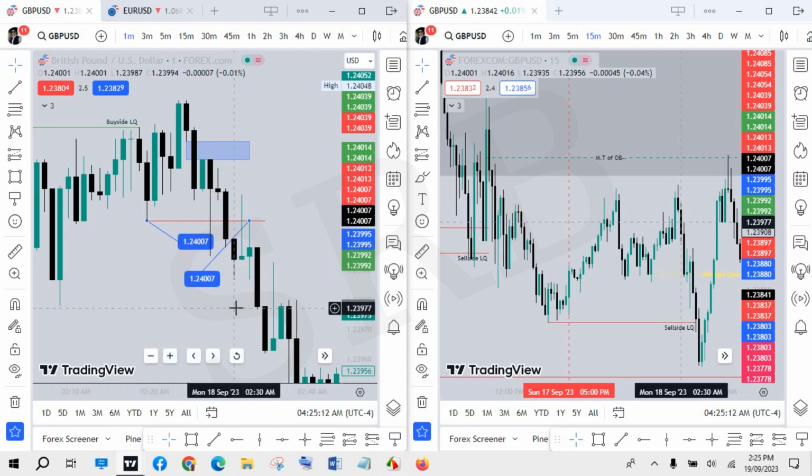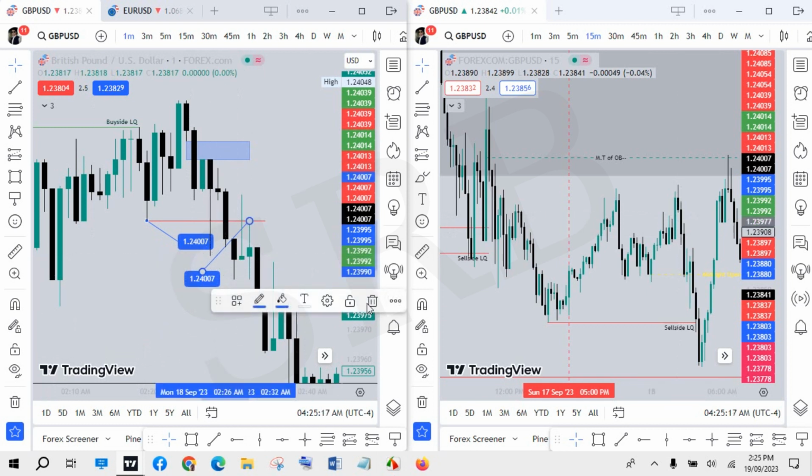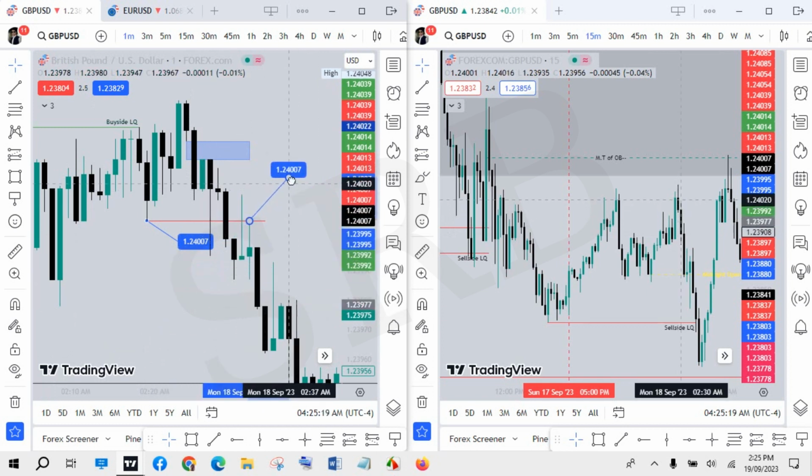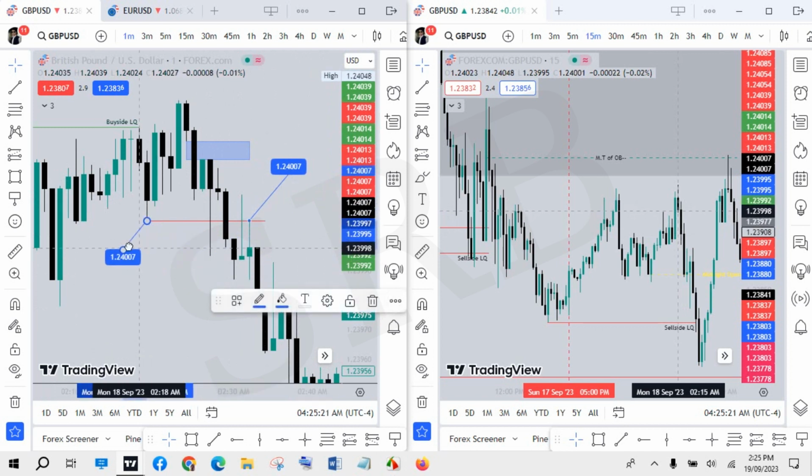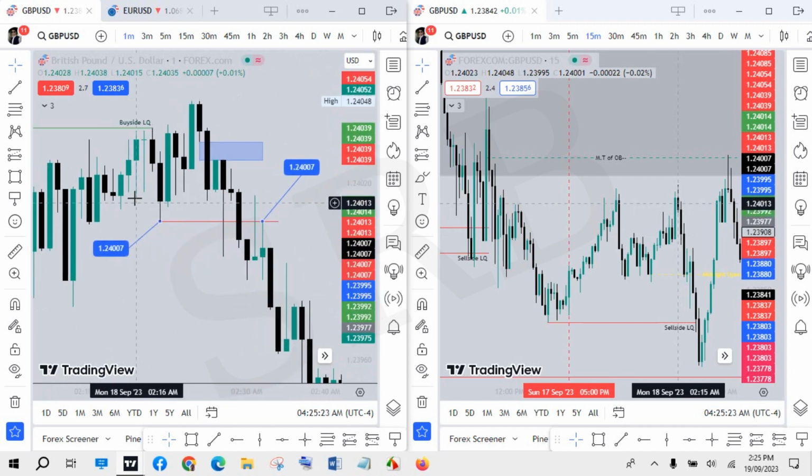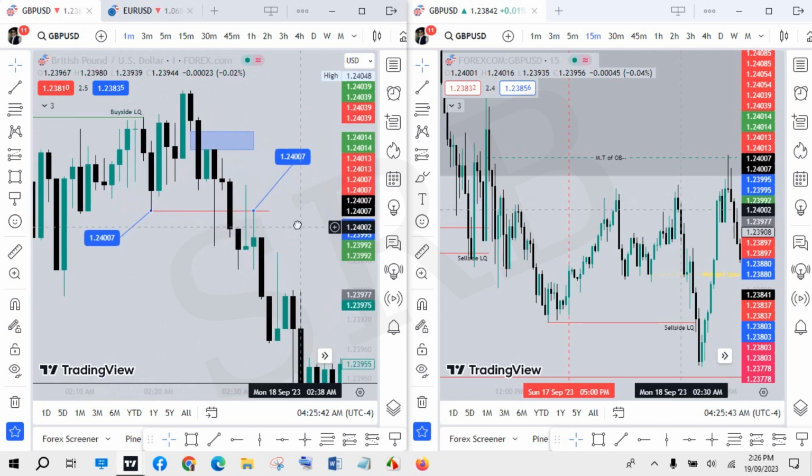That is called perfection. So this fair value gap is not traded because we have this breaker stopping price from rallying above here. The mean threshold of this order block, we don't want price to trade through it. And